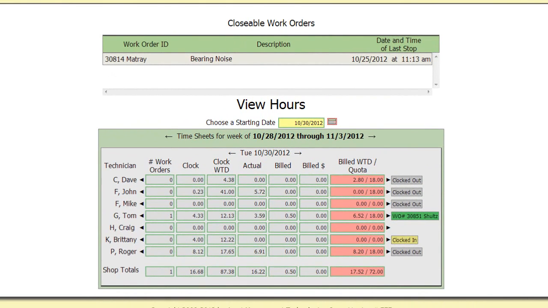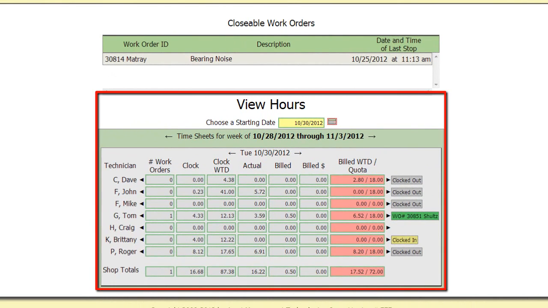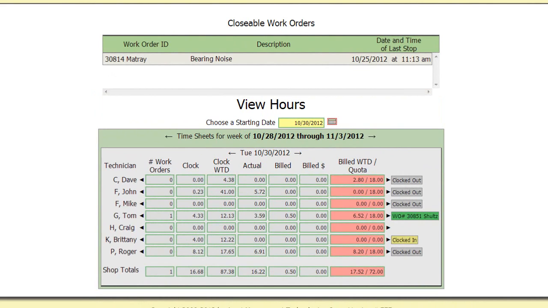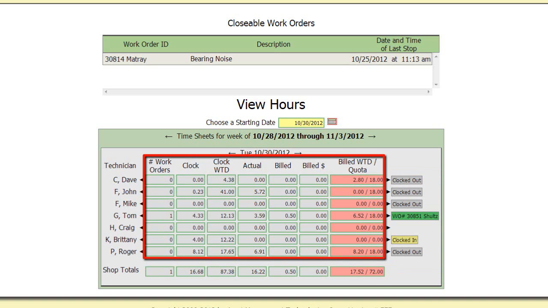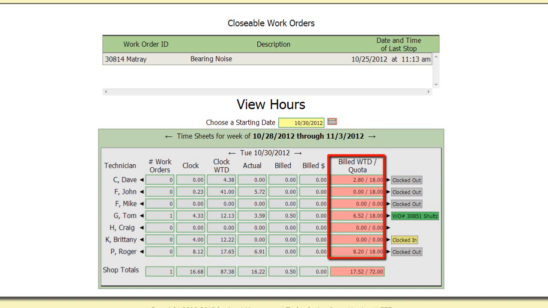Underneath this, you see an area titled View Hours. This area shows you and your service manager what each employee is currently doing right now, based on the work orders or ECodes they are clocked into. It includes all of your employees. If you click on the task they are clocked into, you will see details including when they clocked into it. It also shows a running total of their various statistics for that day, including their billed hours week to date